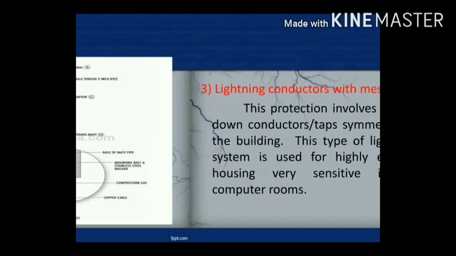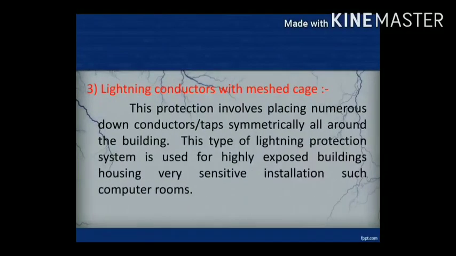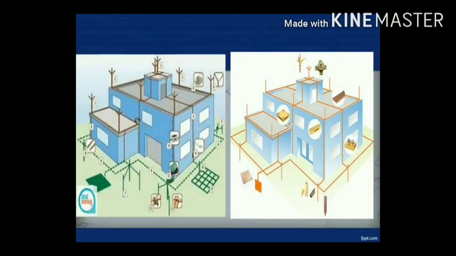Third one is lightning conductors with meshed cage. This protection involves placing numerous down conductors or tapes symmetrically all around the buildings. This type of lightning protection system is used for highly exposed buildings. This is an image of lightning conductors with meshed cage.